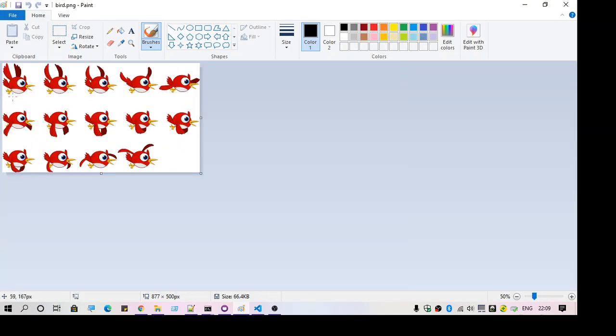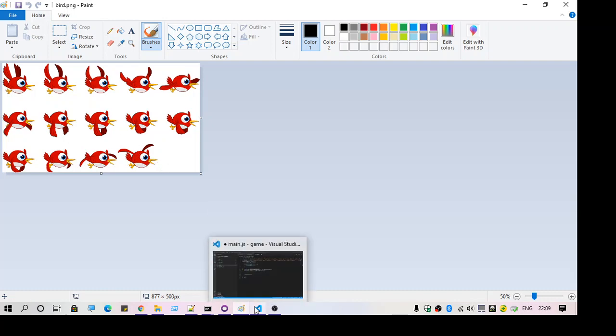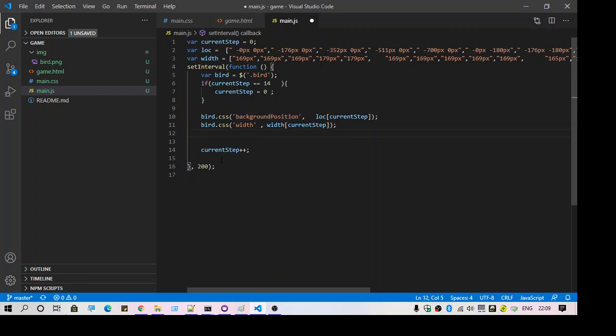We have in total 14 images of the bird, so we are going to have 14 iterations. And then in an infinite loop I have to iterate over all the 14 images.